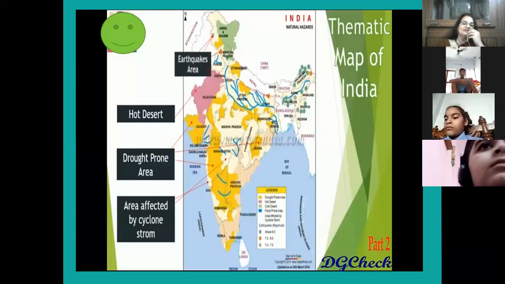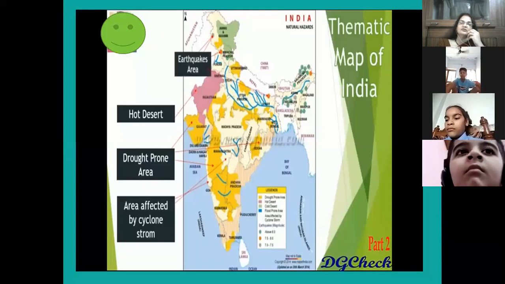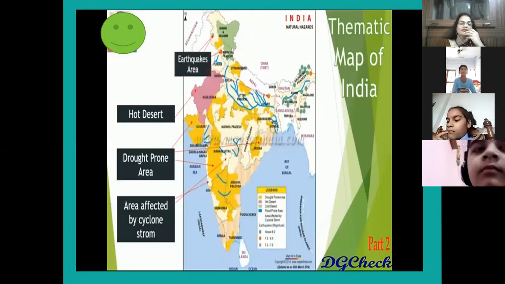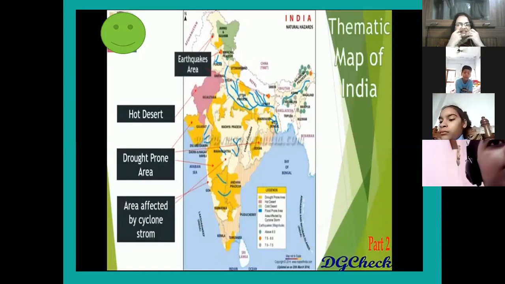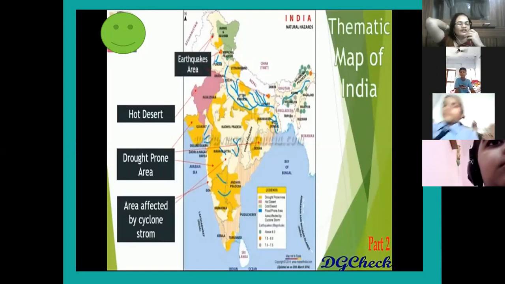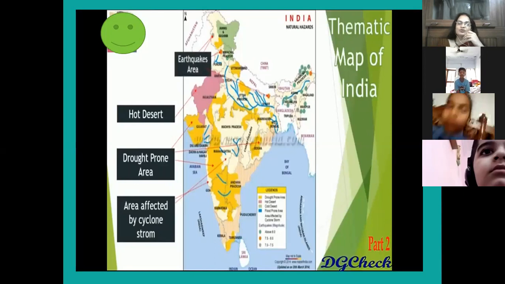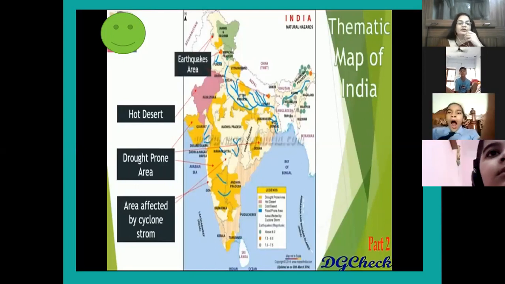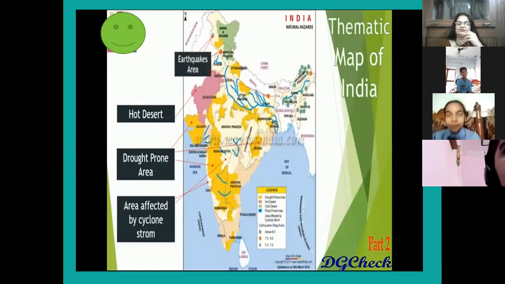You can see that states like Gujarat, Maharashtra, and on this side Kolkata, West Bengal, all these states have suffered because of the cyclonic effect. So thematic maps are useful for showing disasters, natural calamities, or if you want to show rainfall or crops grown, they can be shown with the help of thematic maps.